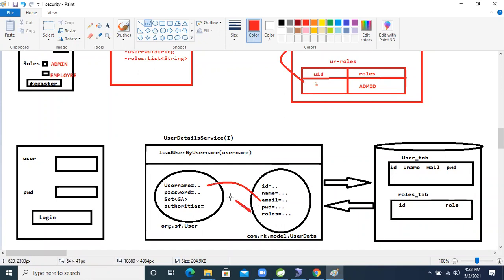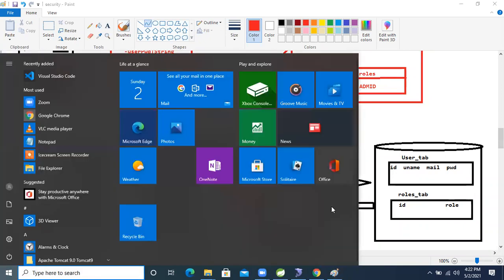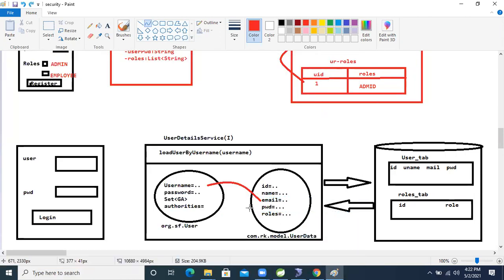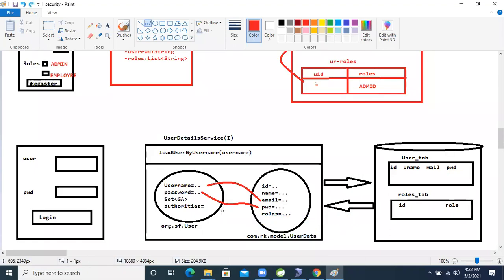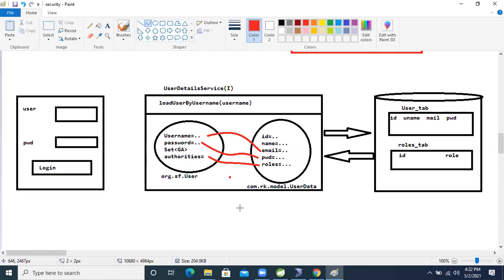Then roles, which is nothing but authorities. If our Spring User class has these three things, then we can perform security operations in our application.